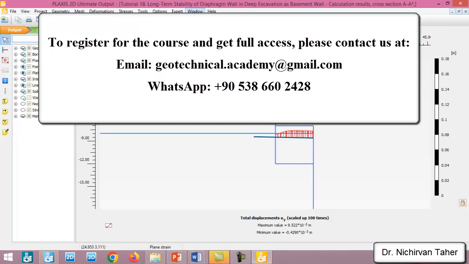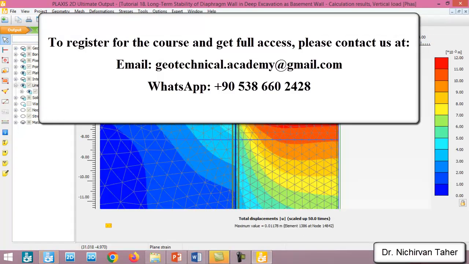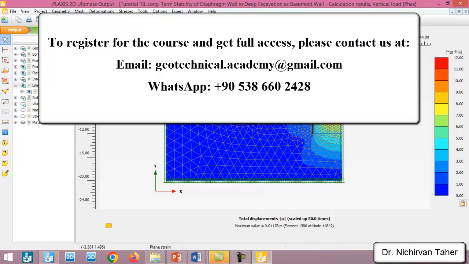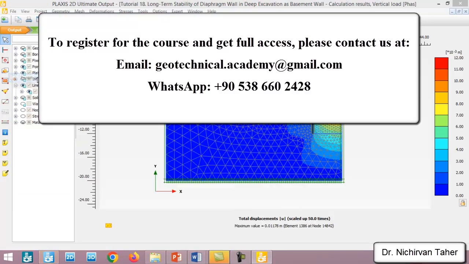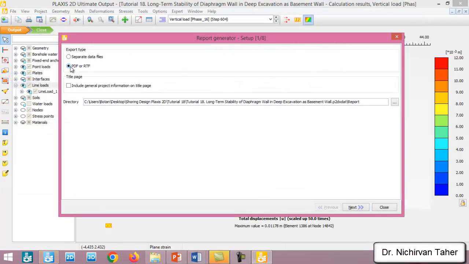In this case, let me close this one. For generating the report, we can click on File and click on Report Generator. We can select a PDF,